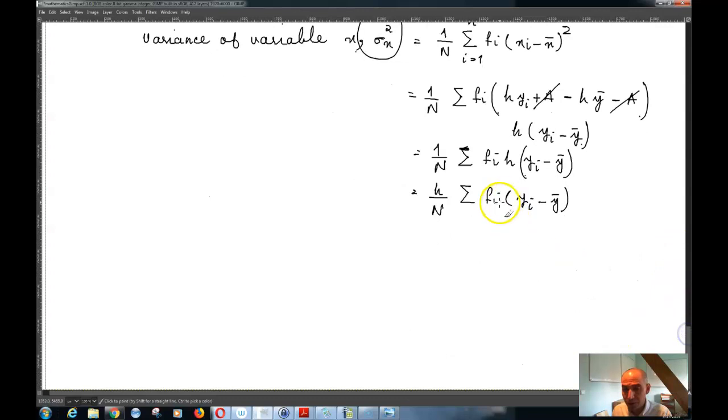And this is I goes from 1 to n, of course. And so if I simplify this a little bit, I will get